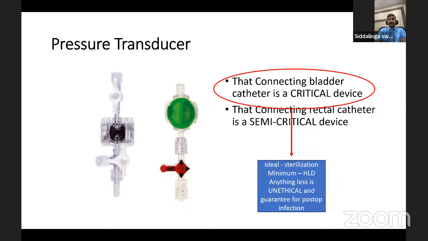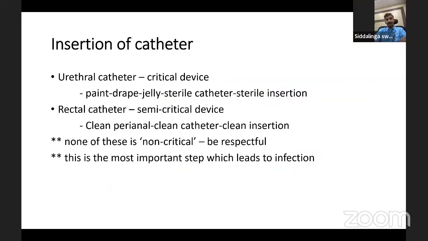Now always remember, this connecting catheter is a critical device, because whatever fluid is inside this channel will go into the next patient. So if you don't clean it properly, it is again a sure shot thing for infection. So ideally, it should be sterilized. At least high level disinfection should be there. Anything less than that is unethical, and it's a guarantee for post procedure infection. Similar